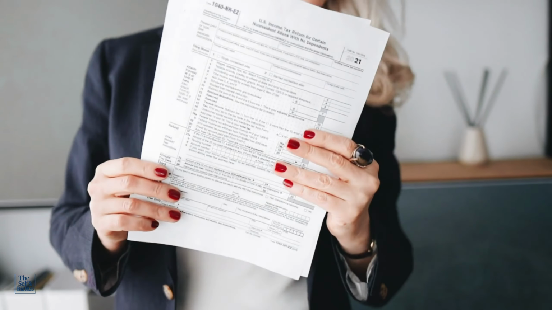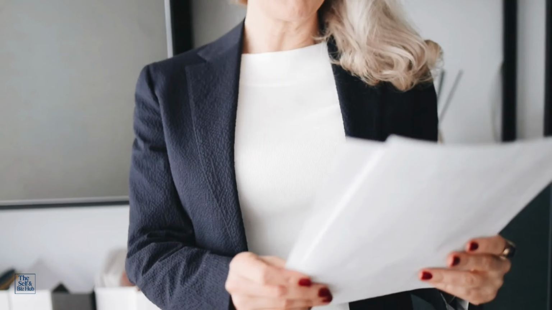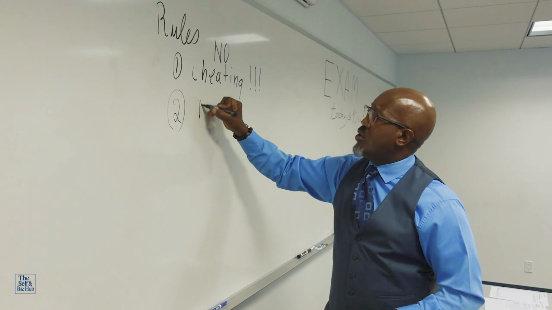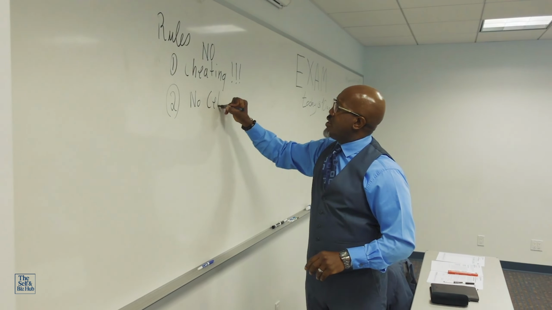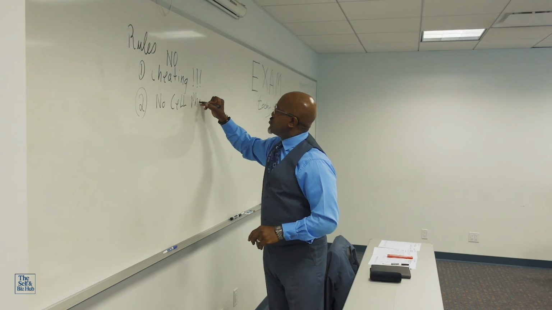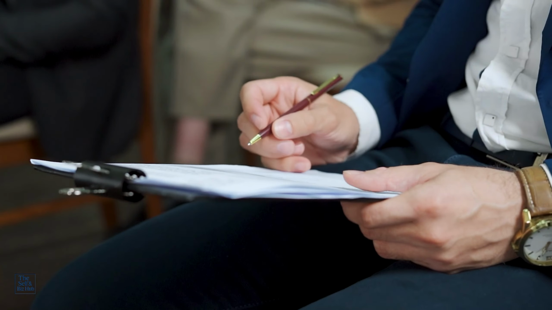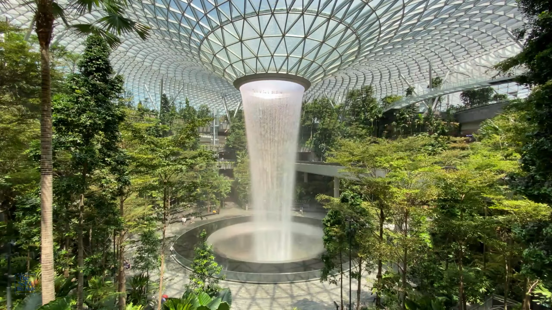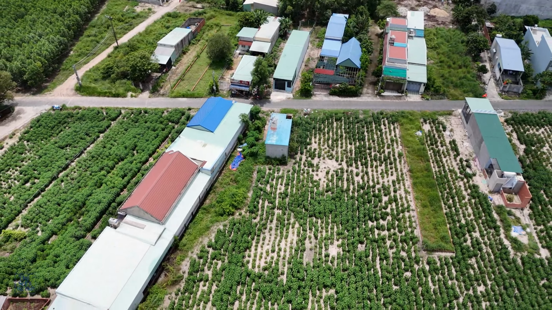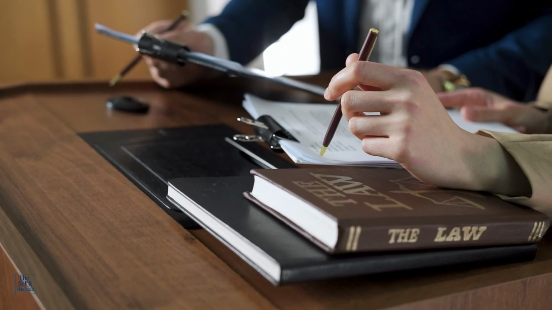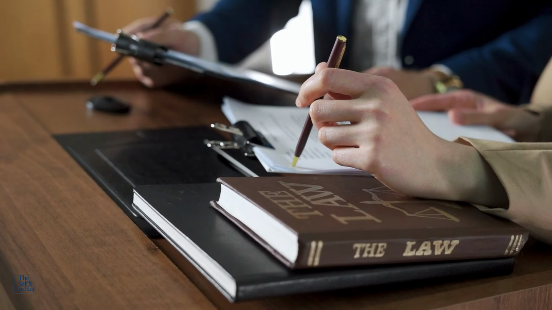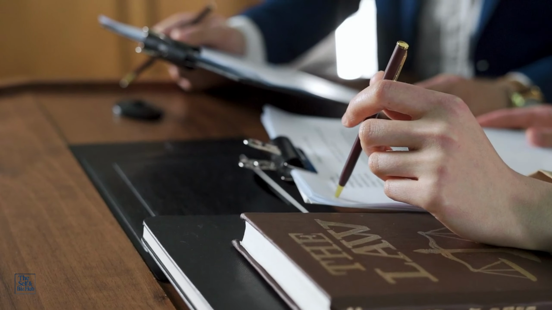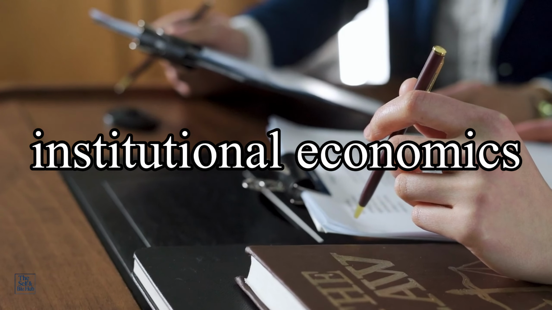In the previous lesson, we talked about economic systems and institutions, the rules of the game that shape how society functions. We found that without these rules, there can be no order, no stability, and no long-term development. But here's the big question. Why do some countries become rich while others stay poor, even when they have the same resources? Why do laws actually work in some states, while in others everything depends on connections and personal deals? That's where institutional economics comes in.